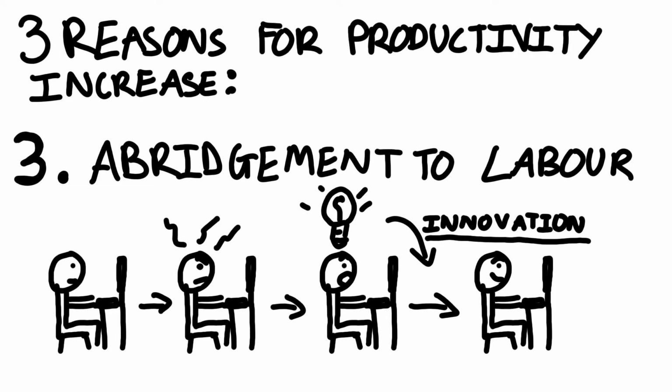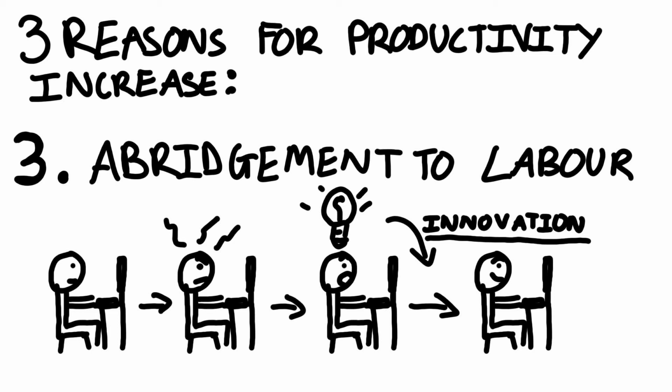And then you also have the final one, which is the most important, which is that as you are working at this one thing, you'll start to think of things that can make it easier. You know, that's why we have spell checkers in essays, for example. Someone was sat there writing and going, God, why do I keep on making spelling mistakes? It's really slowing me down. And when work is worse, I have to read through it again. This is annoying. It's irritating. And so someone developed a spell checker because they were constantly thinking about this.